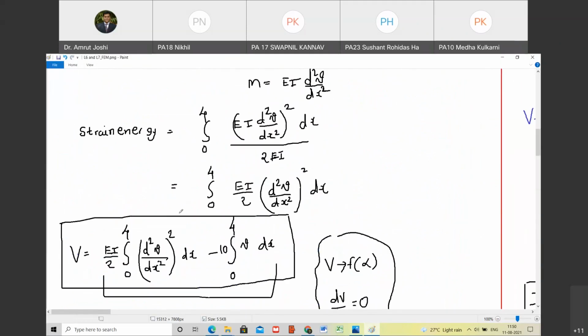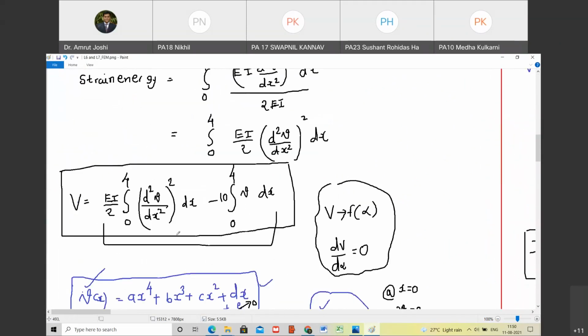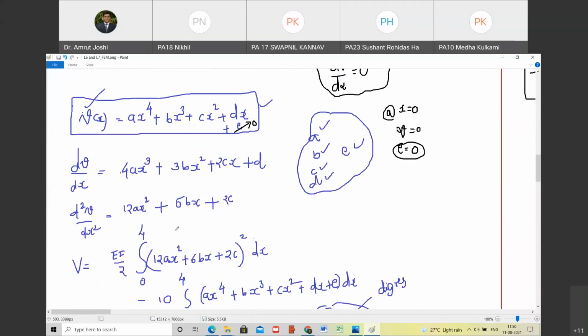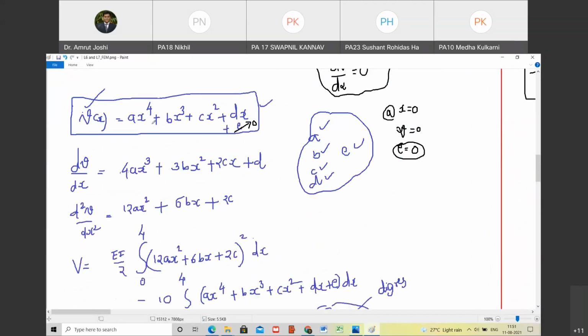Here we could have assumed V of x as a fifth order polynomial or a second order polynomial. And in that case, if I had assumed V of x as a second order polynomial in x square, I would have got a different answer, and that answer would not match with this. Do you agree with me? So it is absolutely essential that I assume the correct order of polynomial for expressing V of x. Are you understanding my point? Please type yes or no in chat box. Yes.